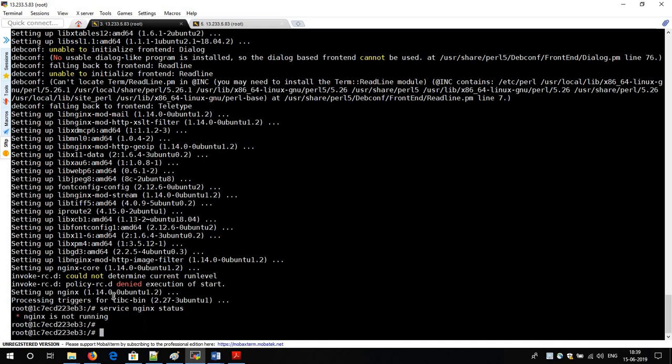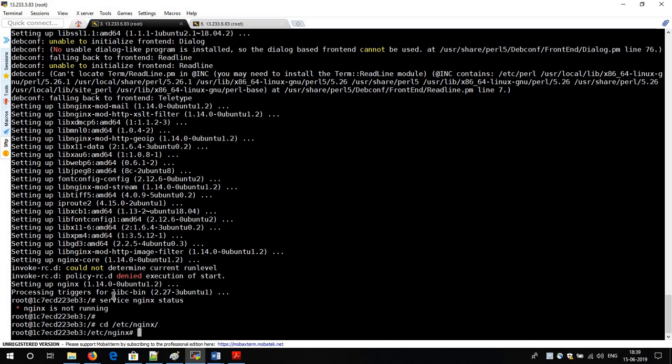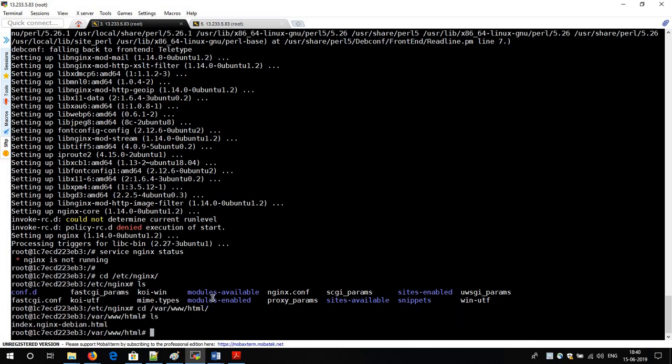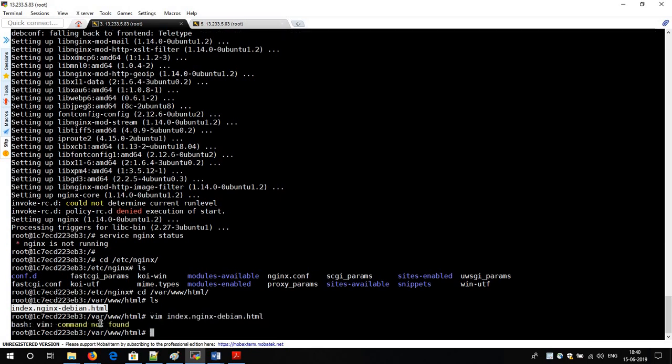Okay. Now one more important thing I want to share with you. The default path where Nginx is installed is /etc/nginx. So inside this Nginx gets installed. Okay. And the default path where the Nginx files are kept, let me cd there. Inside this is the message. See, Nginx Debian HTML. Whatever message will be here, that message only you will